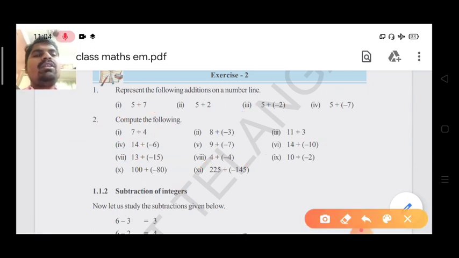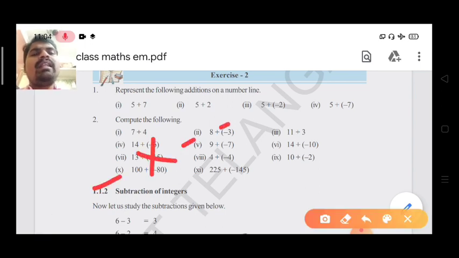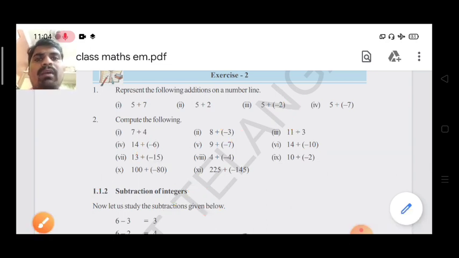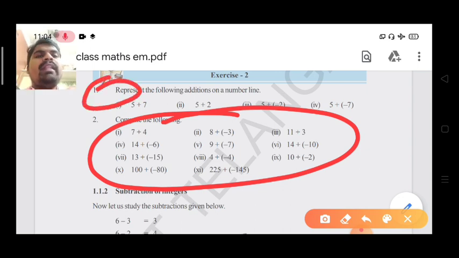And next, you know very well, minus into plus is also the same, minus into plus is also minus. If both are minus, minus into minus is a plus. For example, minus 2 minus 2 is the addition, 4 only, but since minus minus is there, you have to write minus. Whichever operation is required, you will get the answer by using the process. This is the process to find the answers of these problems. It will take just 10 minutes, I think. And in the first bit you should draw the number line for each problem, 4 number lines are required, first problem, second, third, fourth. So you complete these answers.